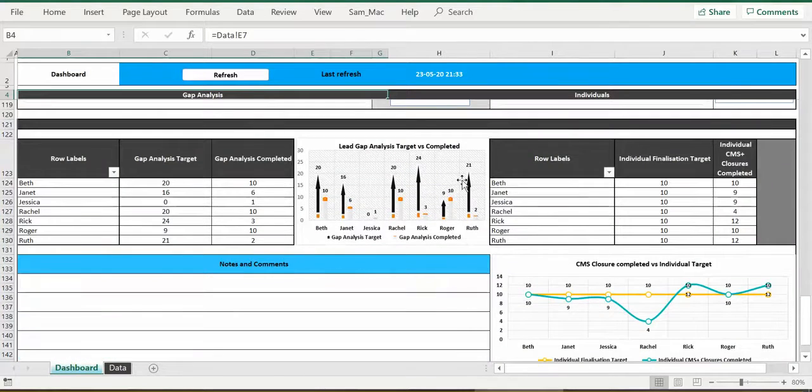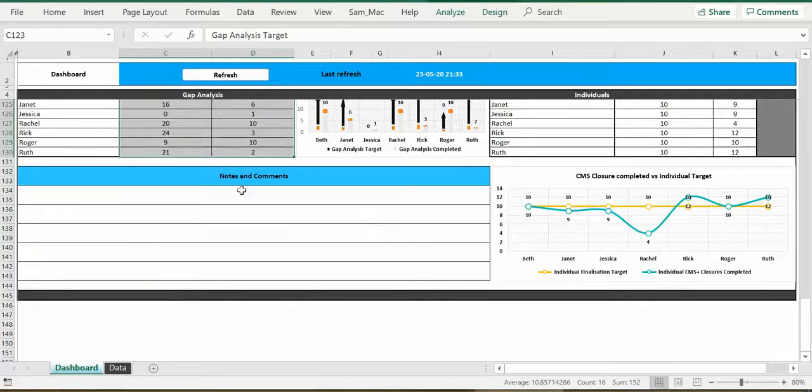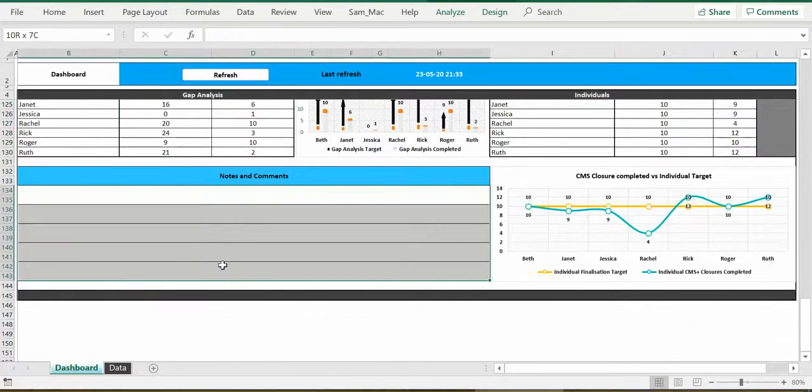Moving down, I've given a split-up or trend with respect to the people, the leads themselves. They have their targets updated here, and I have given the closure completed versus individual targets as well. You can update the comments section right here,